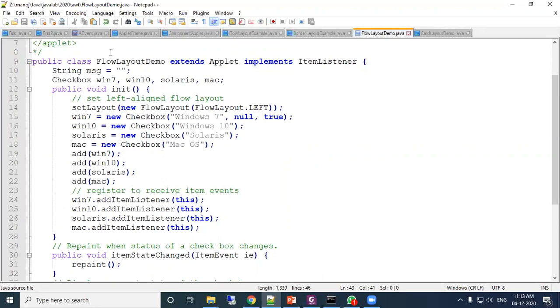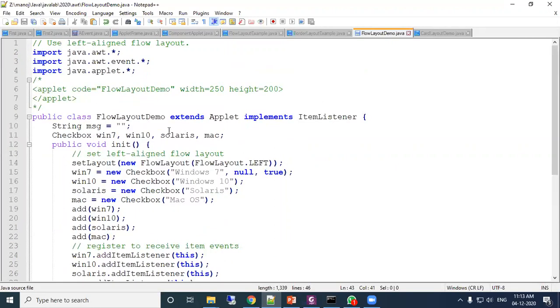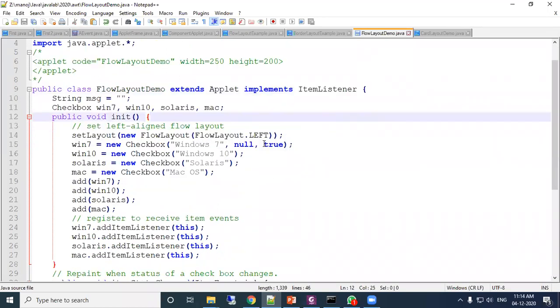Flow layout demo is the class name, and we have extended Applet and implemented ItemListener. ItemListener is an interface using which you can listen to any type of event from a specific item. Let us quickly look at this program.